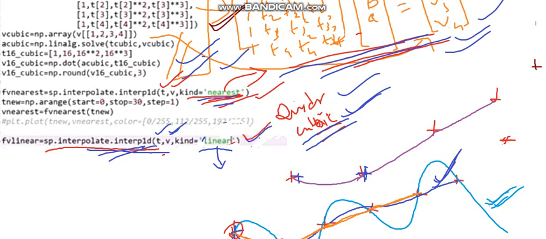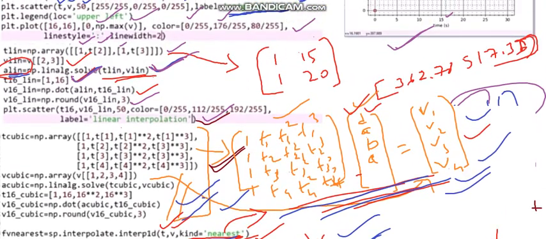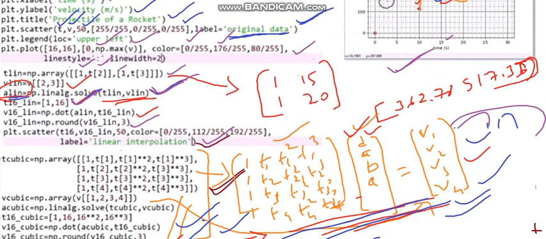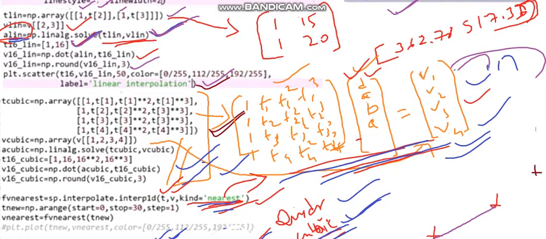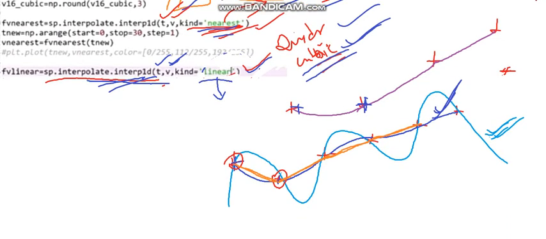But if you have only numpy, then you cannot do this, because this is in scipy. So you have to install scipy. If you are using numpy, then you have to construct this matrix and solve for the coefficients. And in this matrix method, we have only considered the case of polynomial. If you want to consider this for spline, then you have to consider each and every adjacent two points